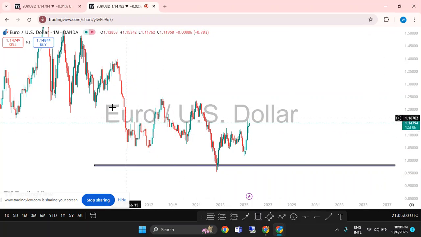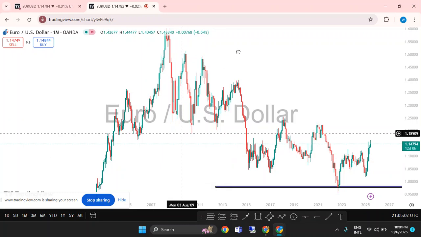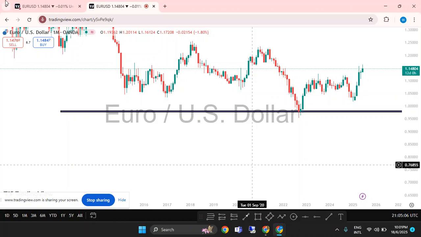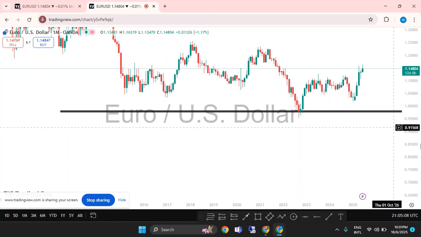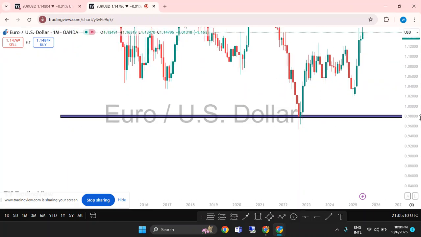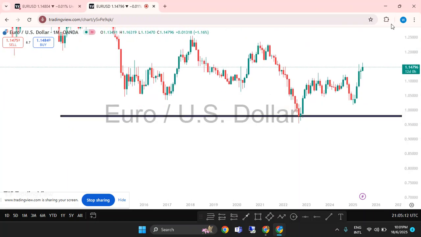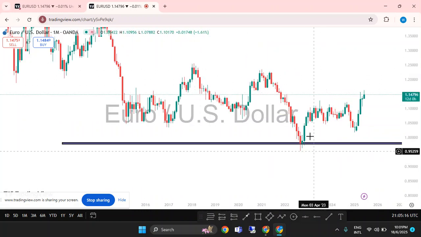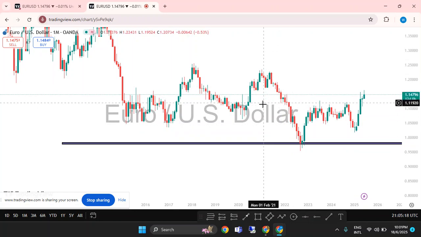I won't go deep into the chart, I'm focusing on where the market is currently. So my main target for drawing my support and resistance in today's video is from this high to this low, because this is where the market is currently. And now, as you can see, this is a support,